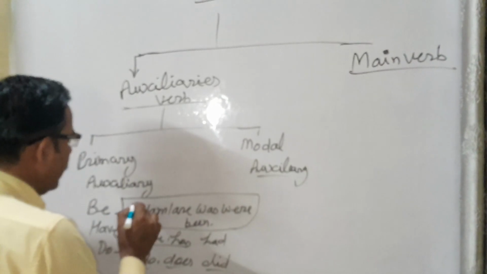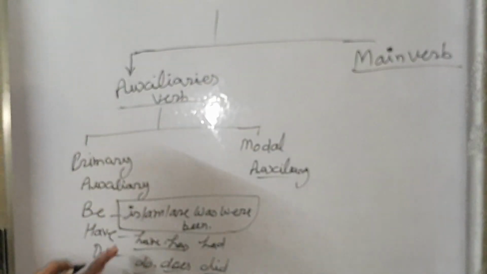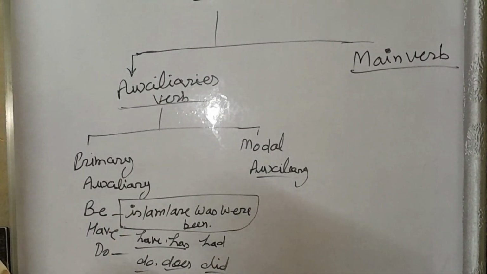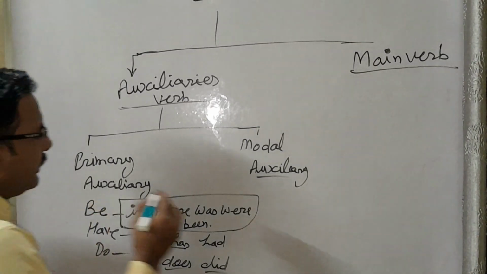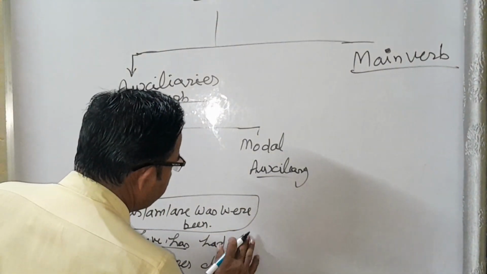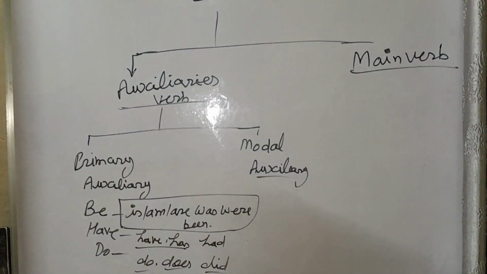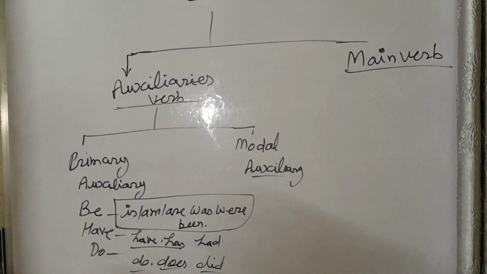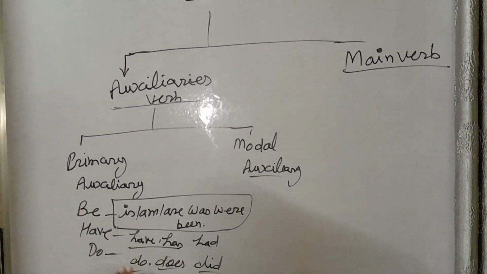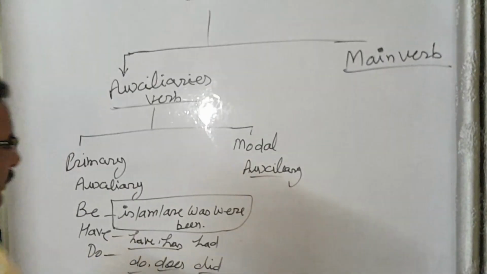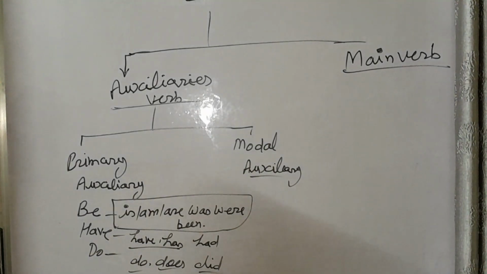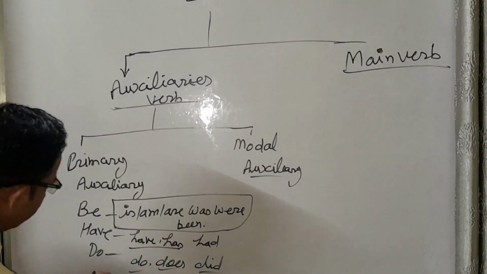They are never used alone while working as a helping verb. They need another form of verb, a main verb, with them while they are called auxiliary. But sometimes we use all these primary verbs as a main verb. Then they need not take a main verb. They just, for example,